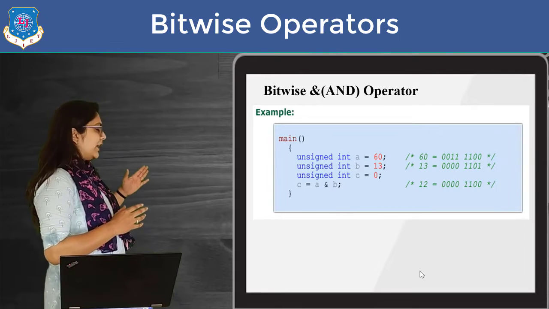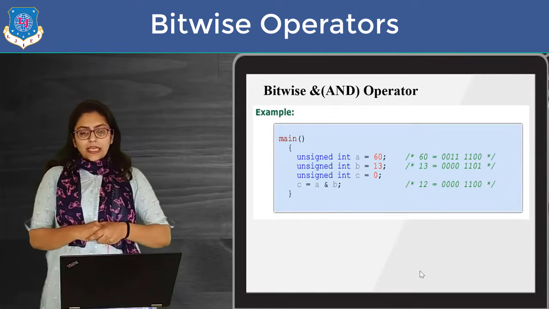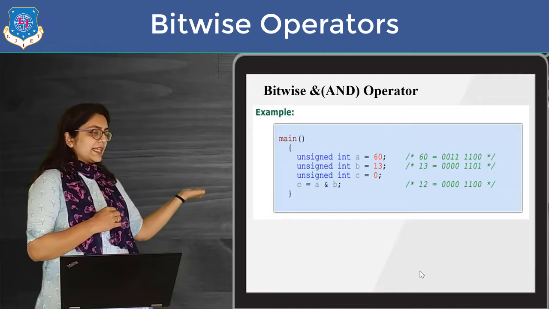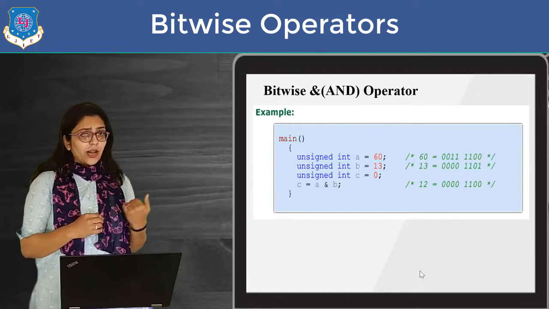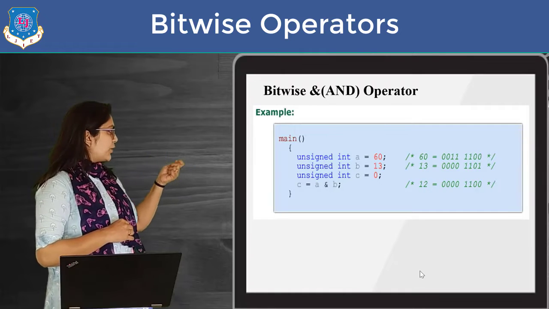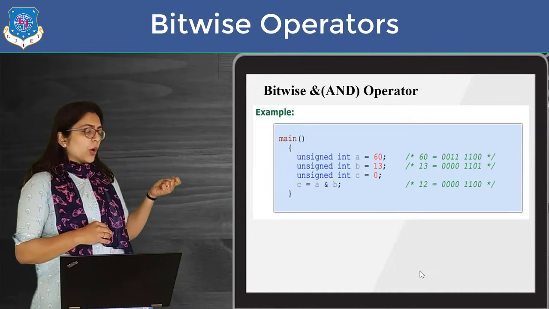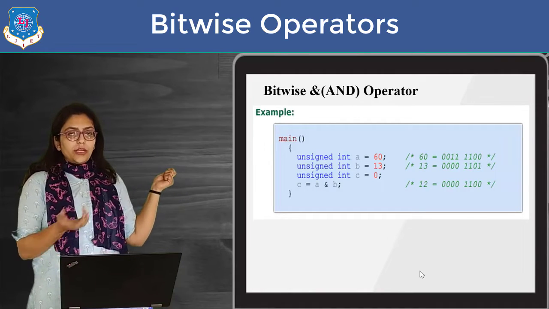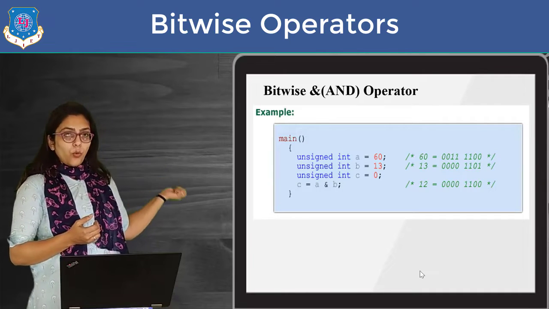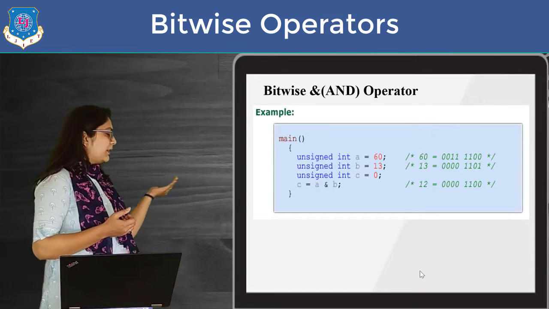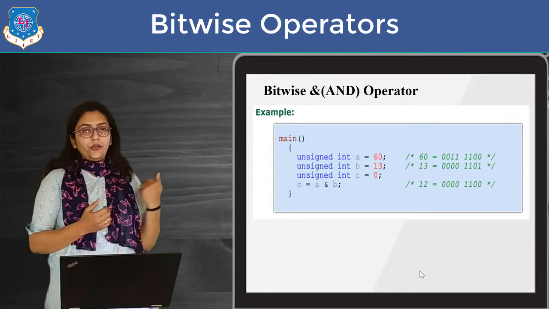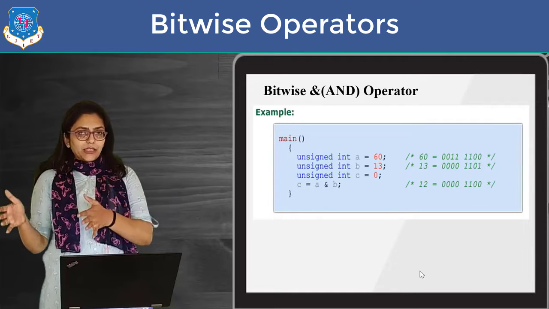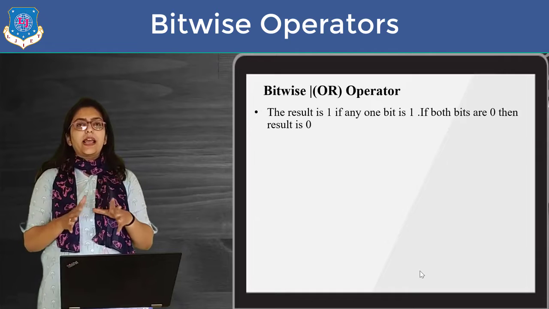Now I am performing ANDing of a and b and storing the result in c. So you can see the bits over here, right? If you start from right to left, which is called LSB to MSB in digital language, the last bits are 0 and 1, so ANDing of 0 and 1 will be 0 according to the truth table. Then 0 0, so it will be 0 itself. 1 1, that is 1. 1 1, that is 1. In a similar way we have got the value of c in bits. Now this 8-bit value will be converted from binary to decimal. So our answer will be printed as 12.